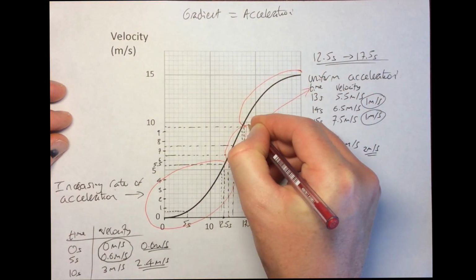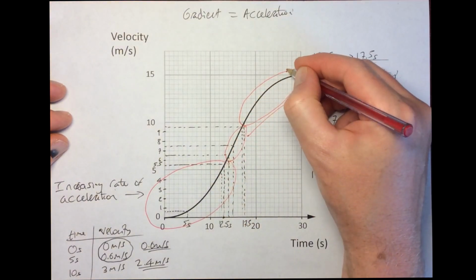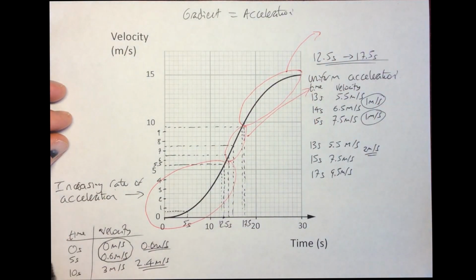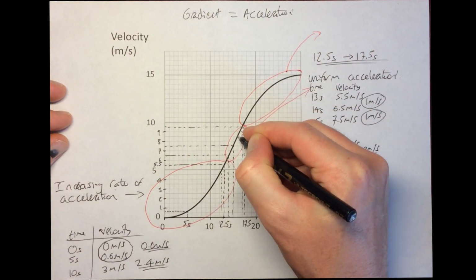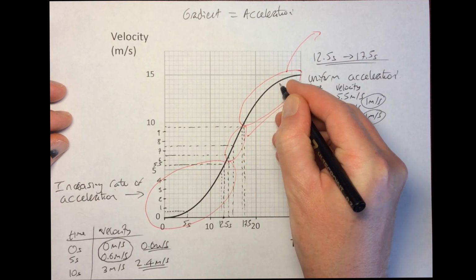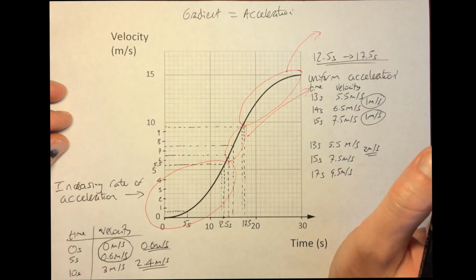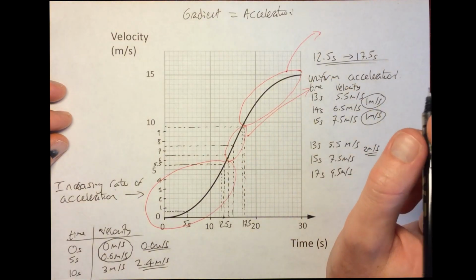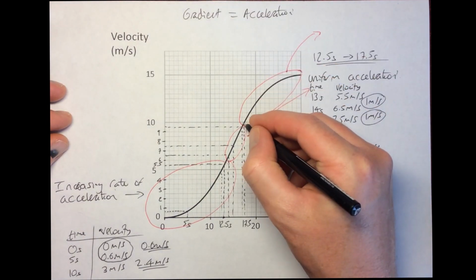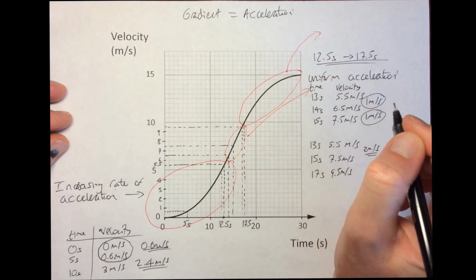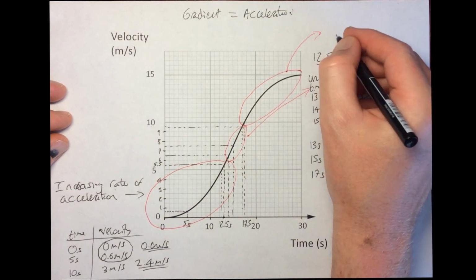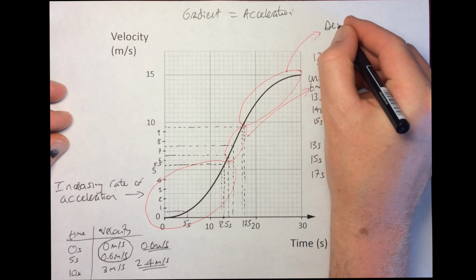In this section here, we can say this. The gradient is getting less steep. You can see it's steep here and then it's decreasing. The steepness of the gradient is becoming smaller. It's a less steep gradient. The gradient is decreasing as we go along this curve here, okay? That tells us that this is a decreasing